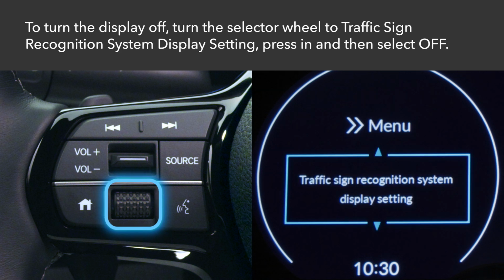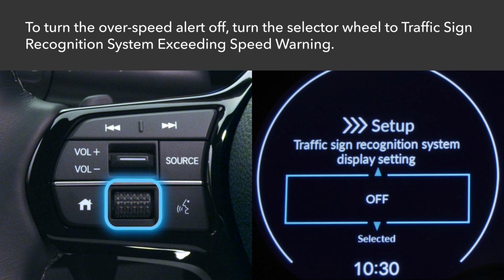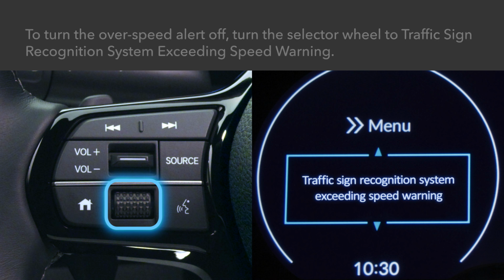In the unlikely event that you want to turn this valuable feature off, roll the selector wheel to Traffic Sign Recognition System Display setting, press in, and then select Off. To turn the overspeed alert off, turn the selector wheel to Traffic Sign Recognition System Exceeding Speed Warning, press in,